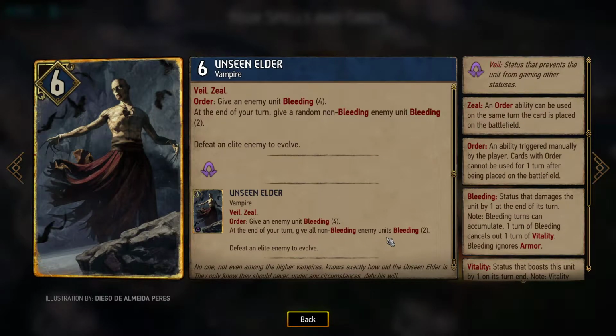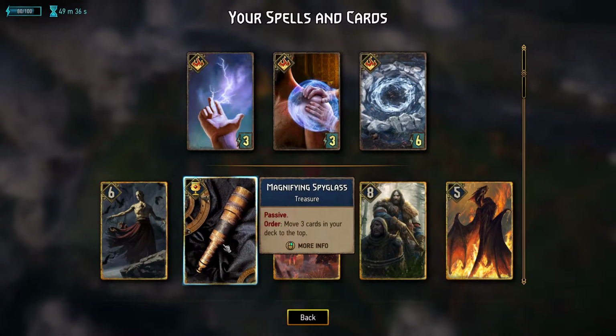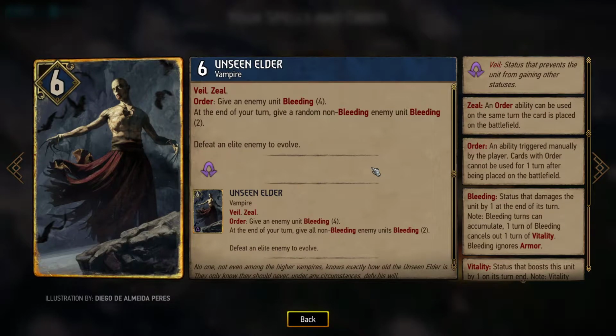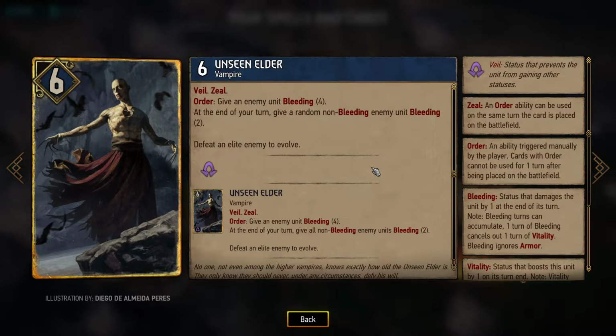But the thing is, since we have acquired the Magnifying Spyglass and we can guarantee that at worst we're drawing into Unseen Elder on our second turn, that upgrade is not so significant anymore. The other way that it could still be relevant for us would be if our opponent is able to get multiple units on the board per turn. That way, even if we get an early Unseen Elder on the board,